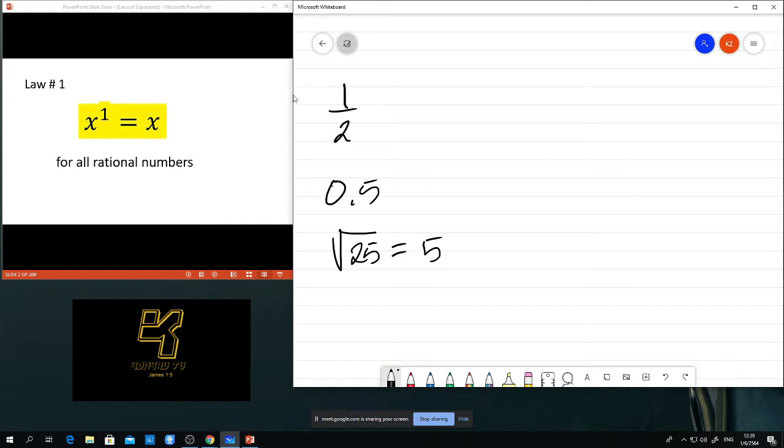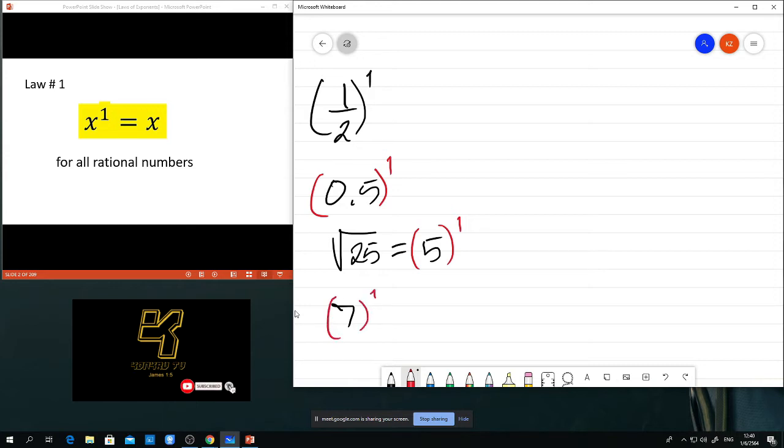It means all the numbers here, even a whole number, for example 7, all of these have a power of 1, just like invisible. I will use red. Unlike irrational numbers, when you say irrational,